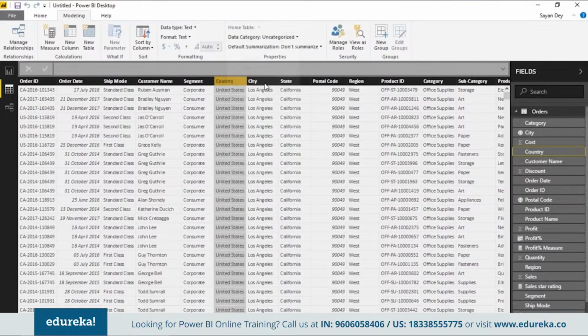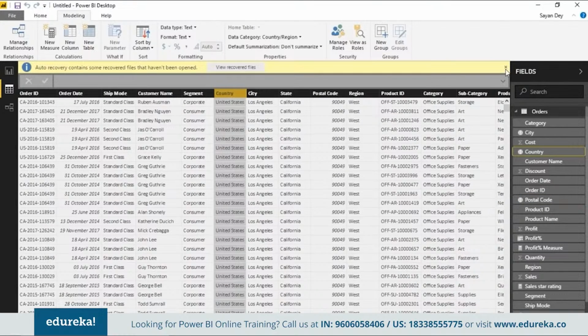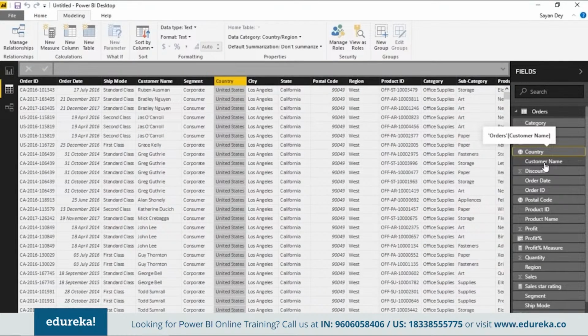The idea I wanted to highlight here is the concept of setting geographical types correctly, because when you try to visualize this data in maps, it ensures that you're able to represent data more accurately. Remember, Power BI does a pretty good job of understanding what a particular thing is.